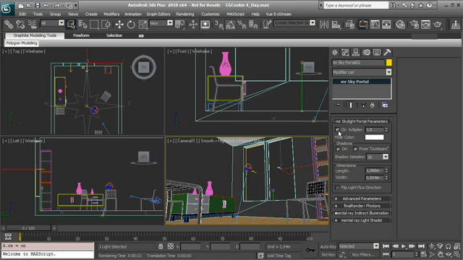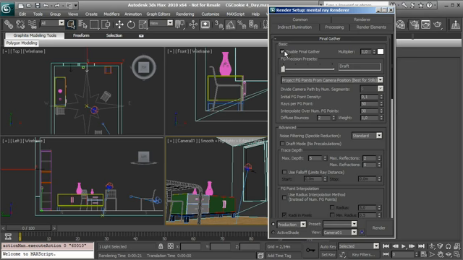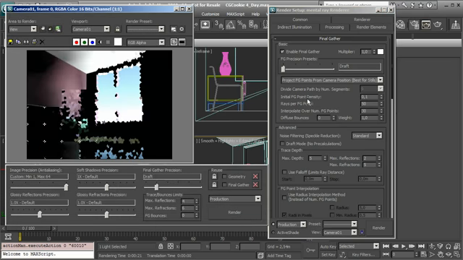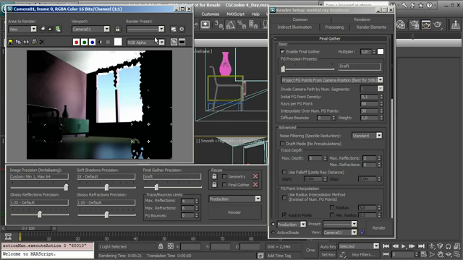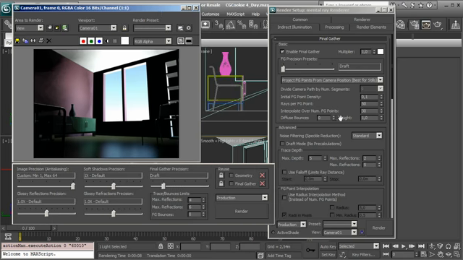So the first thing we usually use is the final gather to achieve a basic setup for the lighting. Let's remove the sky portal to have basic settings, and by default in 3ds Max you'll find the final gather set to on, and you have no diffuse bounces. If I try to render the scene using these settings, you see that we have the illumination coming inside from the window as with the sky portal, but we have a lot of noise and no bled color all over the mesh, all over the environment,